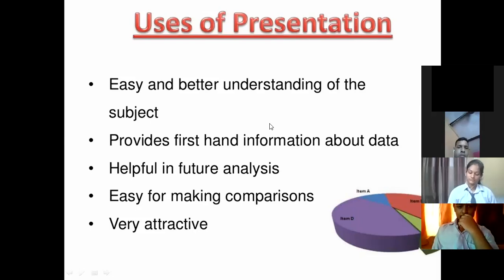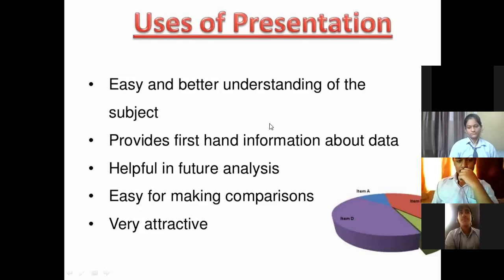Same way, it provides first-hand information about the data. You can easily come to know the first-hand information of data. For example, if you can see this pie chart on your screen, आपके screen पे बेटे horizontal pie chart is there. You can see that at a glance, what we observe, item C has the least impact, whereas item D has the more impact, more input. At a glance पता चल गया ना मुझे, यानी कि I got the first hand information from the data which is presented on my screen.